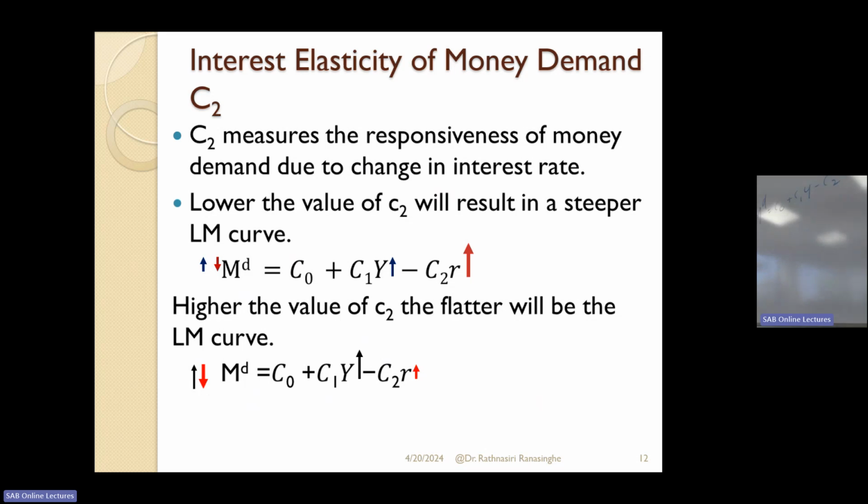Then we move to the other one, C2, right? So that is the interest elasticity of money demand, which explains the relationship between the interest rate and